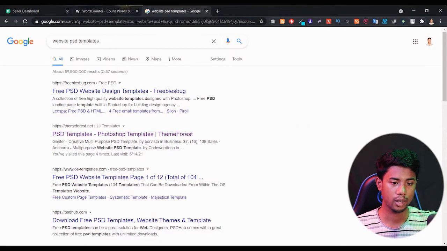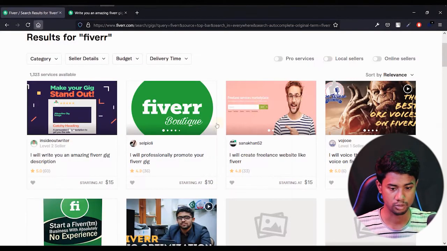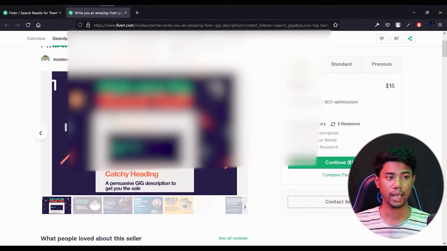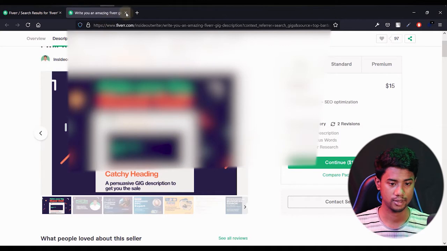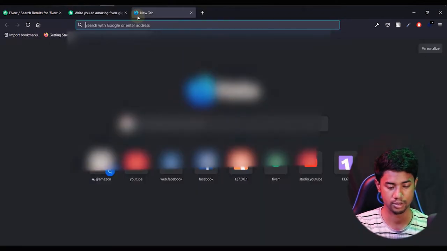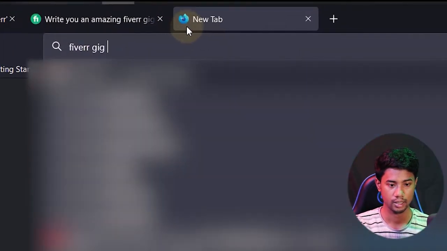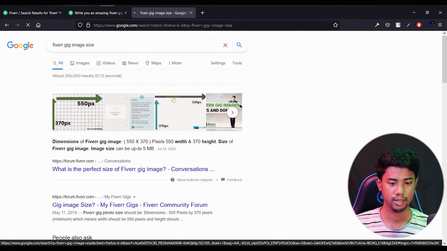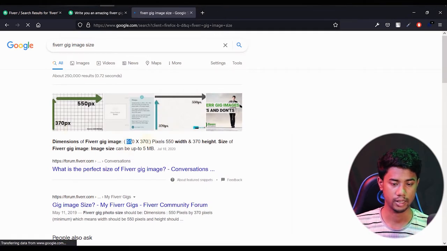Okay, so now I'm just going to fiverr.com and I just open a Fiverr gig. Before creating a Fiverr gig image, we have to know their size, how much their size is. So let's go to Google and search it, Fiverr gig image size. Just search this one. Okay, so as you can see here, it's showing the gig image size, but I don't recommend